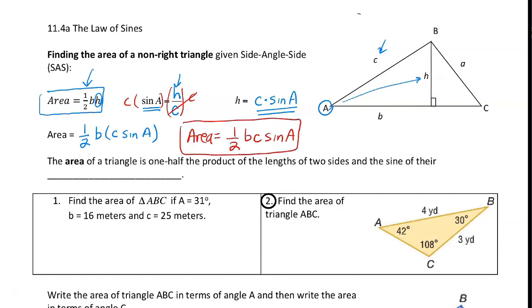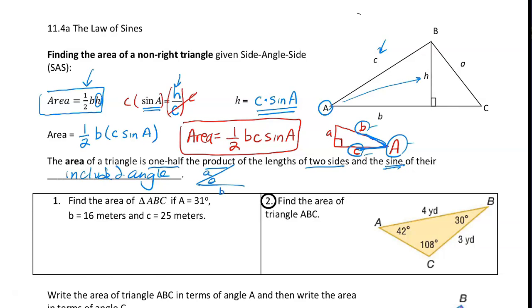In other words, let's say we had a picture like this, and this is our right angle, and this is our angle A. This is lowercase a, we'll say that's lowercase b, lowercase c. We would be using this angle and then the two sides that form that angle, so b and c. So 1/2 b times c times the sine of A is our formula. So the area of a triangle is 1/2 the product of the lengths of two sides and the sine of their included angle. The included angle is the angle in between the two sides. That's a theta in there. So we can use this formula